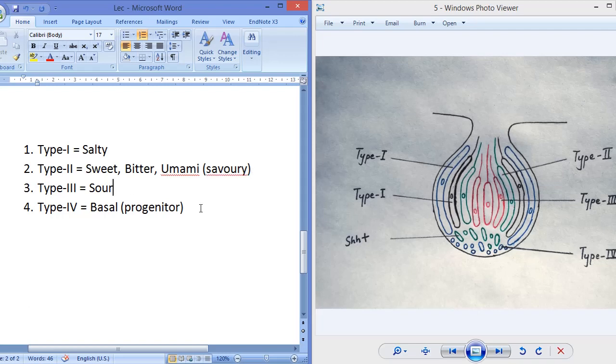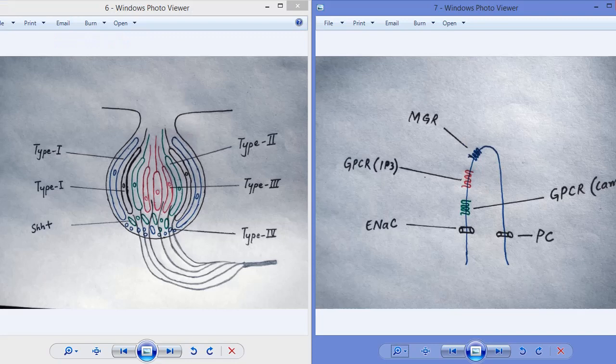Now coming to the detail. Now I'm going to show you the detail of the taste cells. Each of the taste cells has a hair-like projection that is called the taste hair. This is the magnified form of the taste hair. Each taste hair contains a large number of receptors, but special types of receptors are present on the